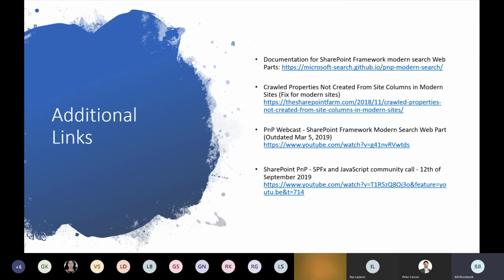The second one on this list is a common problem. I do not know if it's been fixed since I dealt with it back in October. It may have been. Custom crawl properties were not always being picked up on a site. This article goes through and explains how you can fix that. Usually you have to add a user that's an admin to the site, and once that happens, you can get the site recrawled. It will then pick up the properties properly. Somebody actually solved it based on information from Microsoft support.